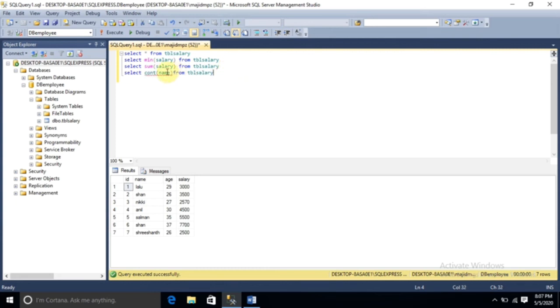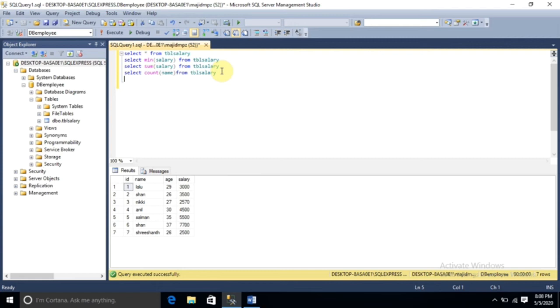Now I am going to execute this query. You can see 7. What is this 7? In this table a total of 7 names are available. You can see 1 2 3 4 5 6 7.